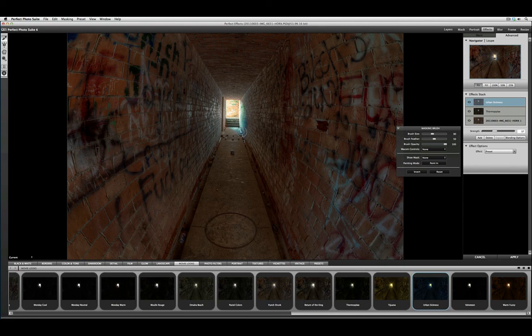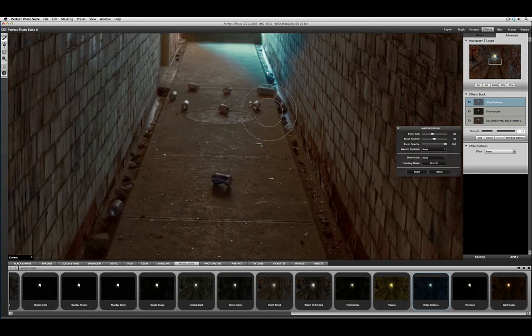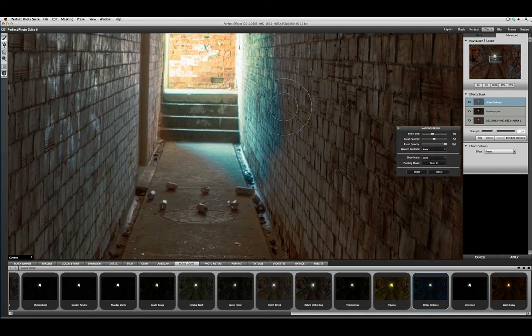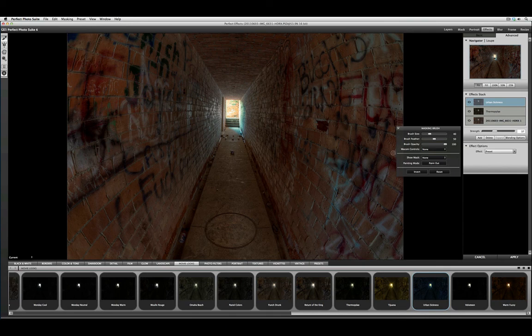Now you can see if we zoom in a bit, let's zoom in really quickly. There's a little bit of that blue tinge, so I want to actually paint that out. I'm going to change it, paint out here, draw my brush, and just remove that blue tinge because I don't want that there. That's one of the remnants of the effect. All right, now we're getting there. The last thing that I want to do is hit Add,